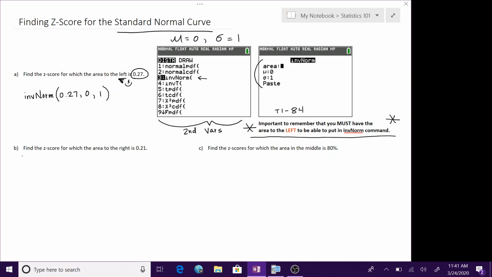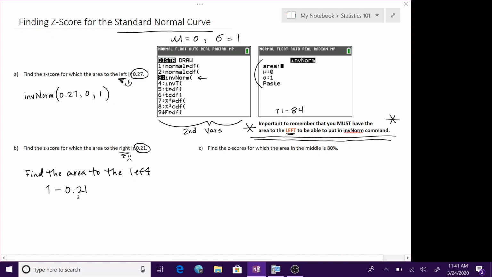Now if you look at B, you can see that it says find the z-score for which the area to the right is 0.21. Now that's a no-no. We don't want that. We're a little bit sad about that. We want to find the area to the left because, again, it's important to remember that you must have the area to the left to be able to put into our inverse norm command. So to find the area to the left when you're given the area to the right, we want to do 1 minus